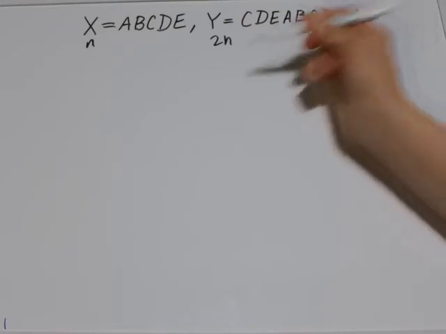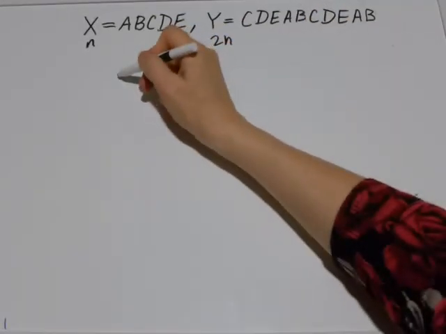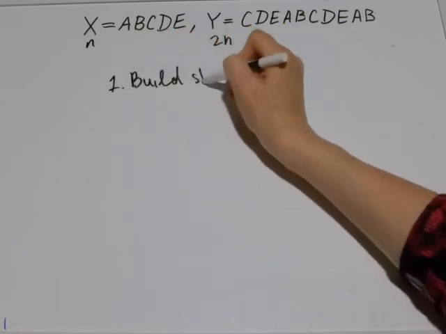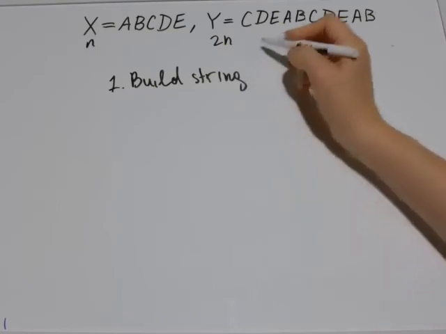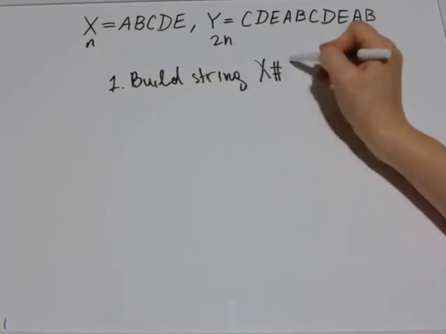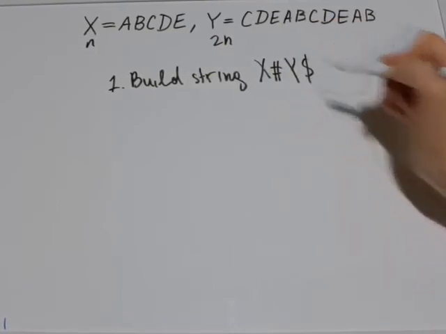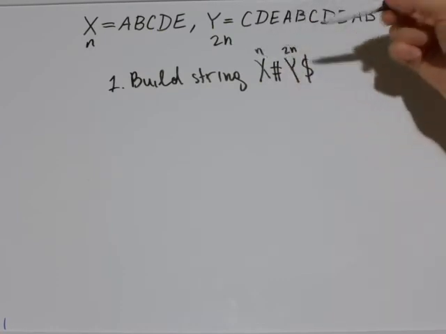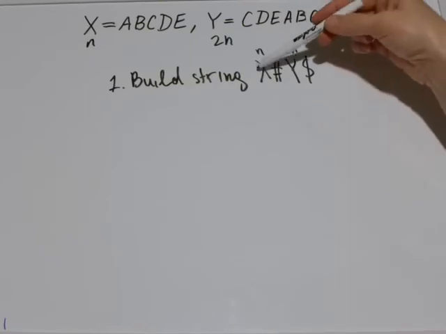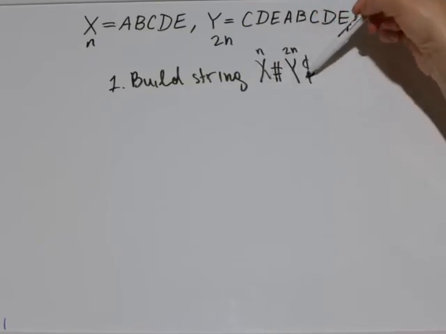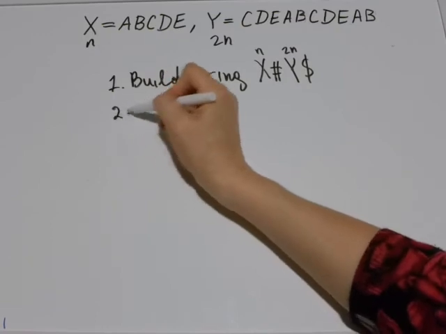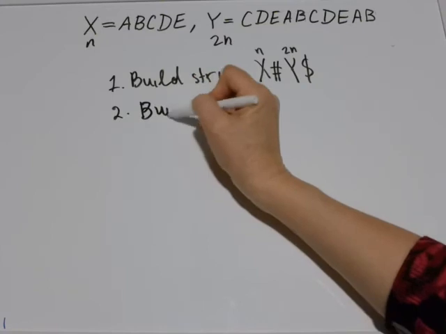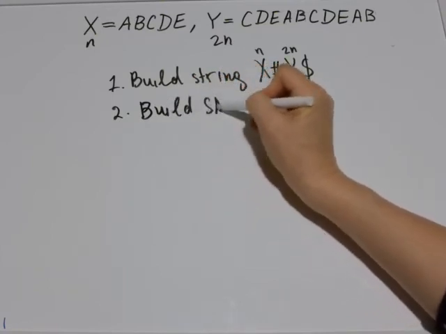So again, that means that you can just build a string x pound y $. Y is 2n, x is n, and what we're looking for is to match x inside of y. So second, build SA and LCP